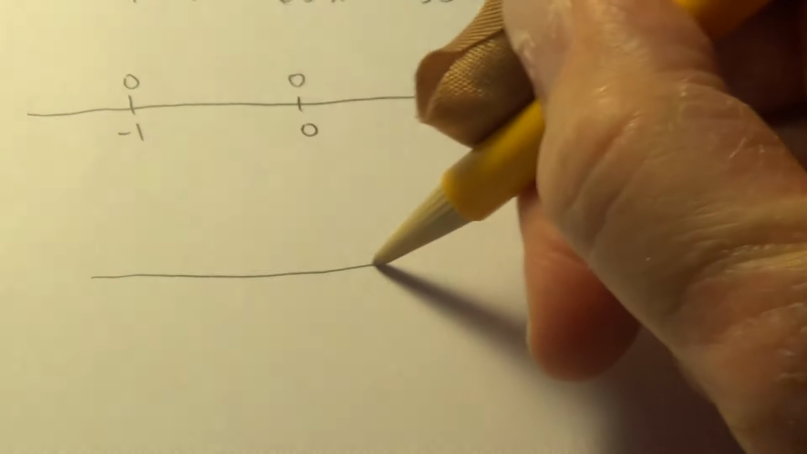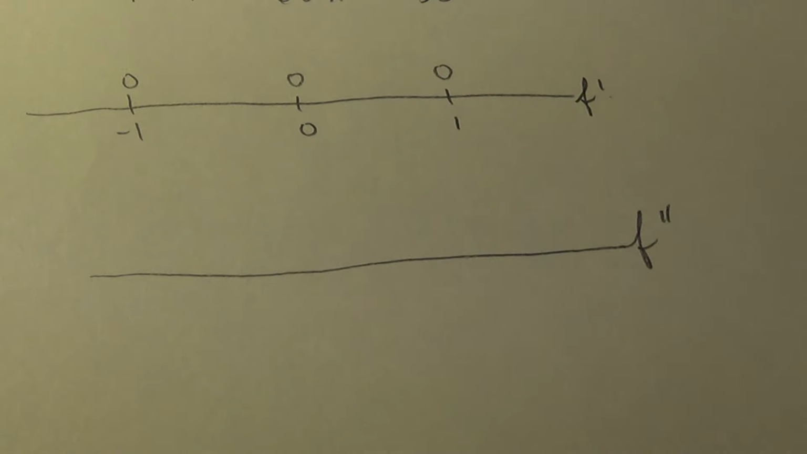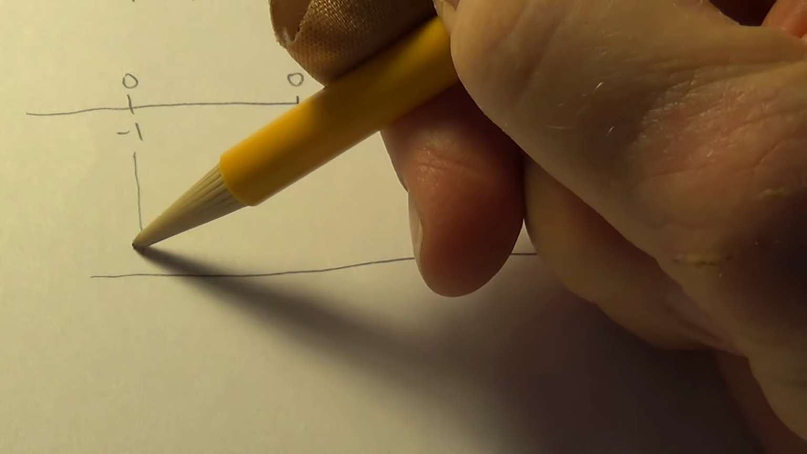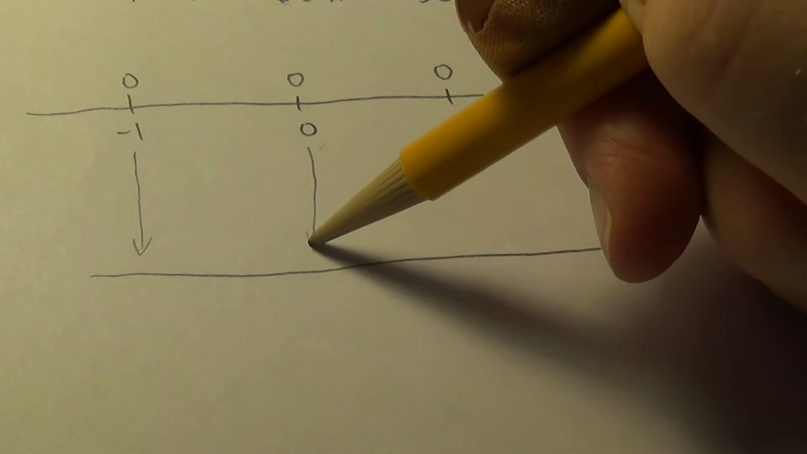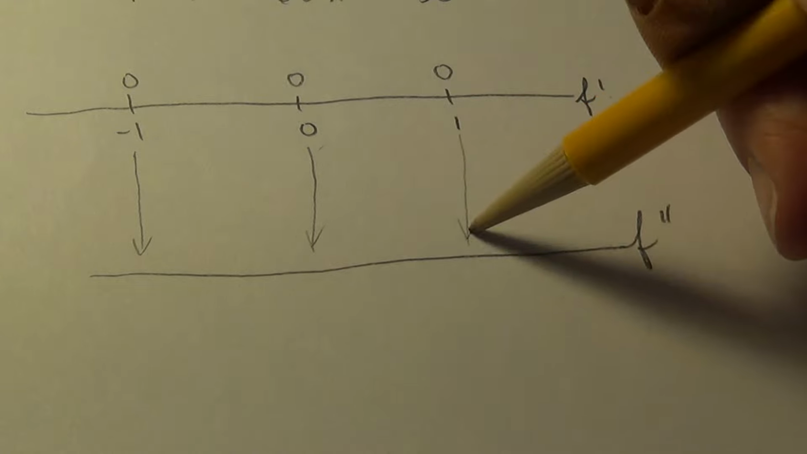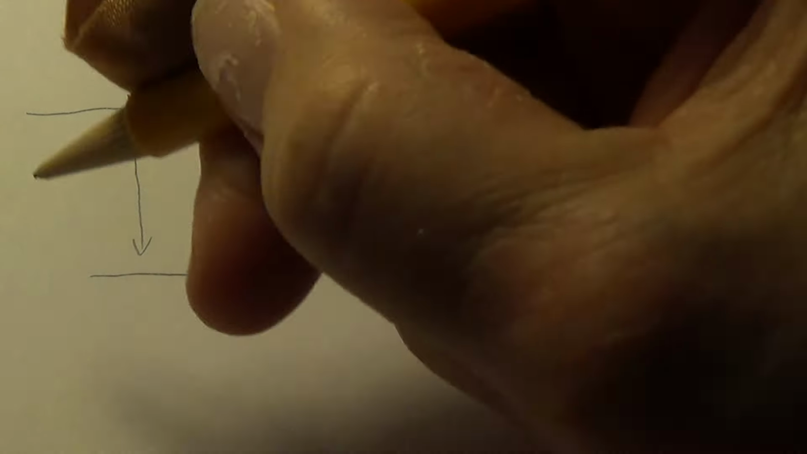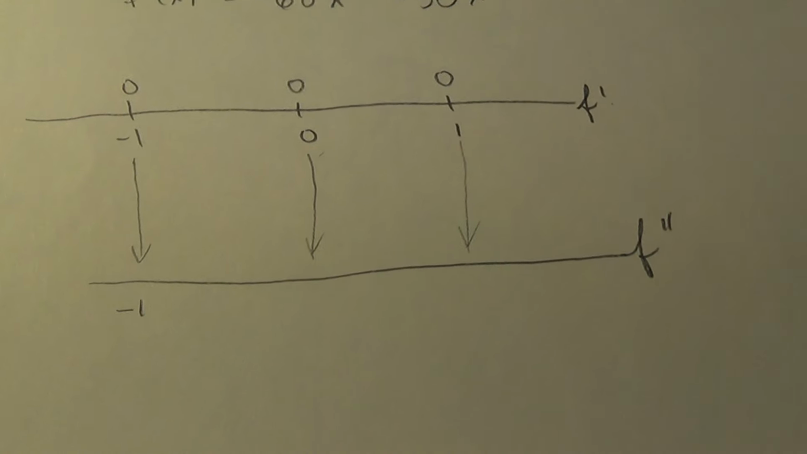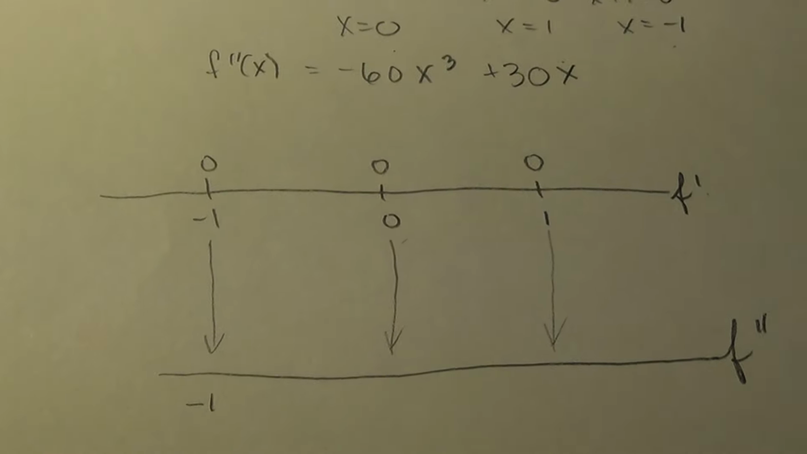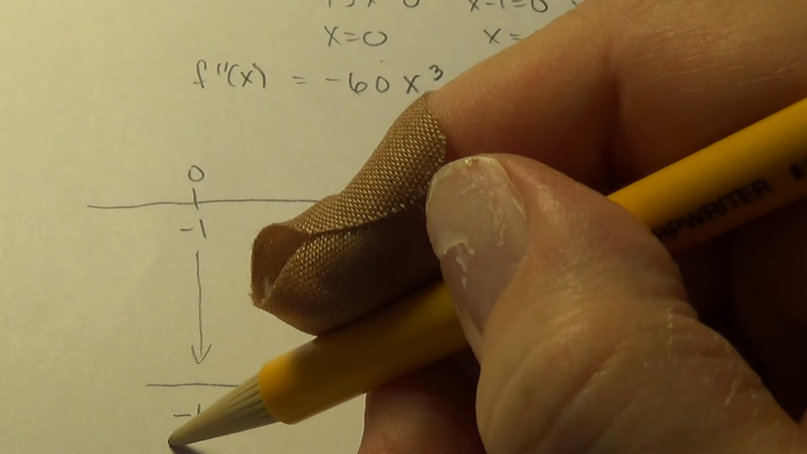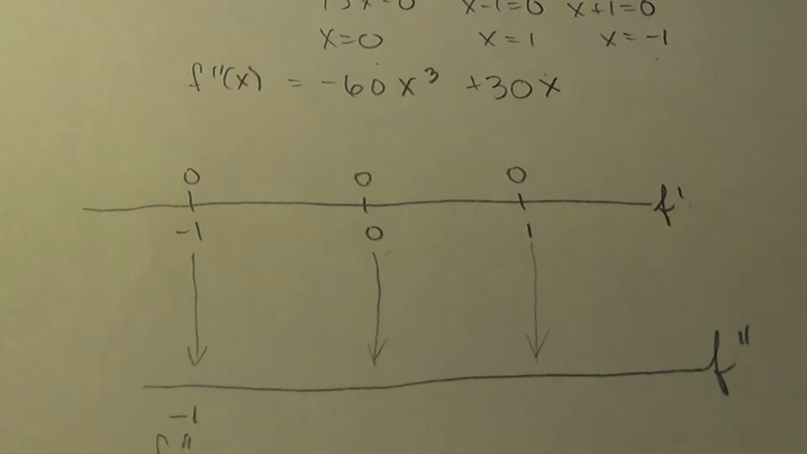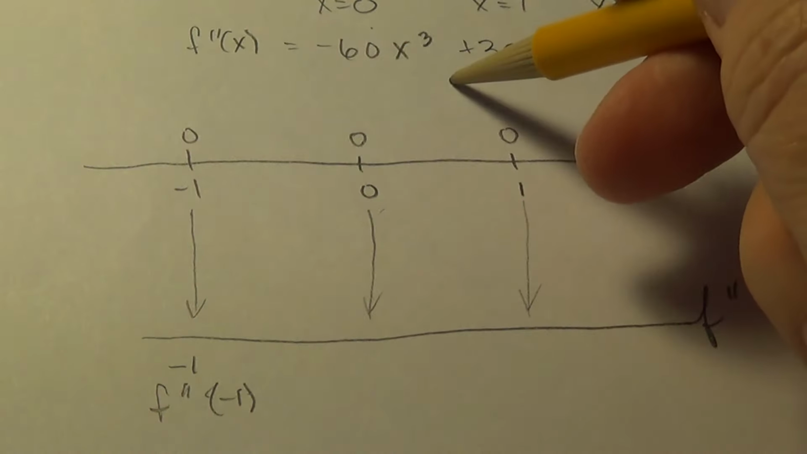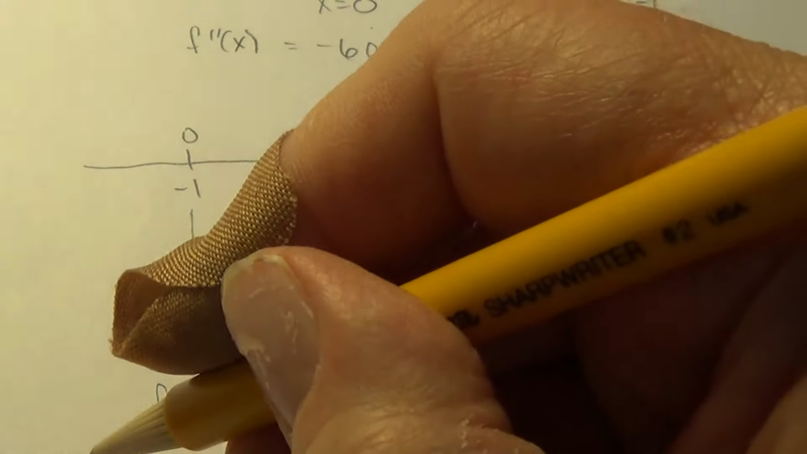So I'm going to draw another line, and this is going to be what's happening with the second derivative. So I'm interested in what's going on at these points in the second derivative. So I'm going to take the point -1 and put it into my second derivative. And when I do that, there's my second derivative. So I'm going to find f double prime of -1. So I'm going to throw that into that function. And when I do, I get